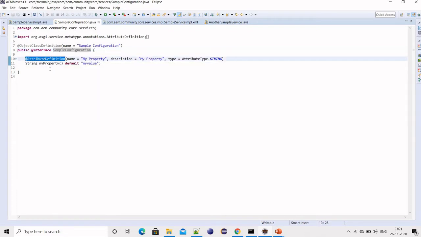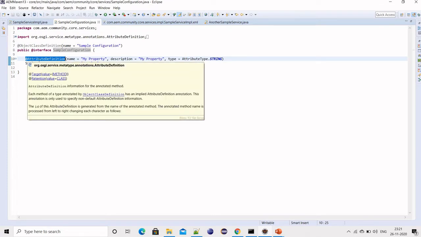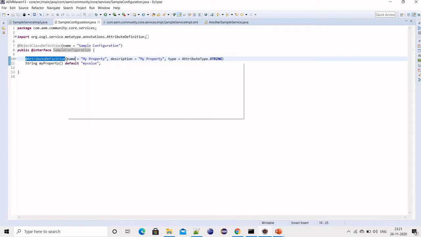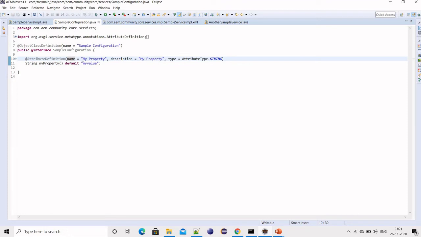We can map it with the previous annotation, which was @Property. Within attribute definition I'm giving these values: the name of the property, which is what we will see in the Felix console, the description, and the type of the property. The next line is the property name and the default value.